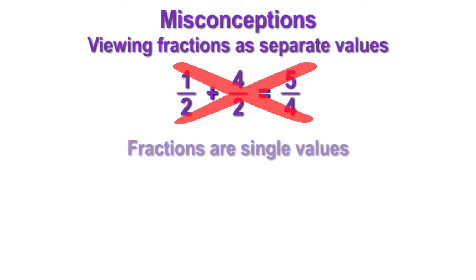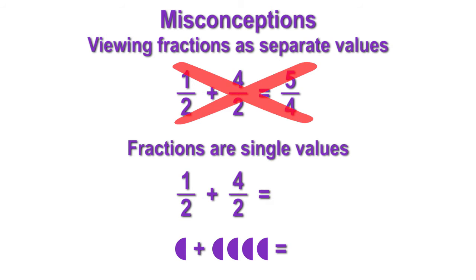Another misconception that students might have is viewing fractions as separate values when completing operations such as addition and subtraction. For example, 1/2 plus 4/2 is 5/4. The student added the numerator and denominator separately, when in fact 1/2 and 4/2 are both single values. The correct way would be to add the 1/2 size piece to the 4/2 size pieces to get 5 total half-size pieces. As students recognize fractions as single entities, whole number reasoning will apply to operations with fractions and to